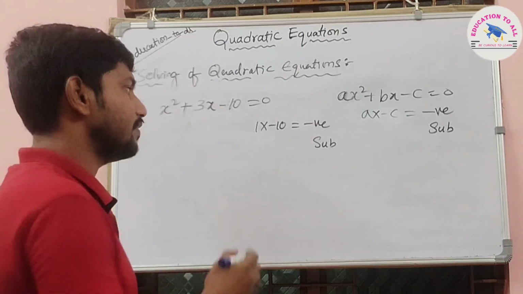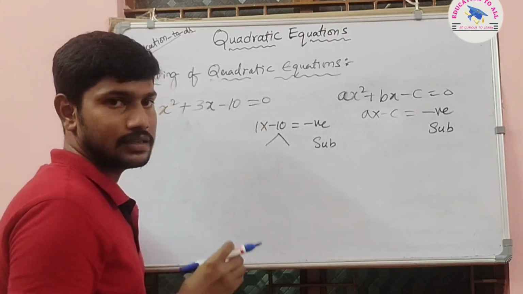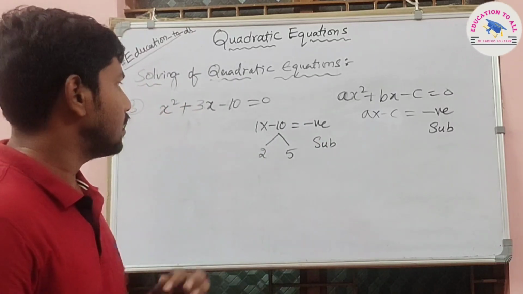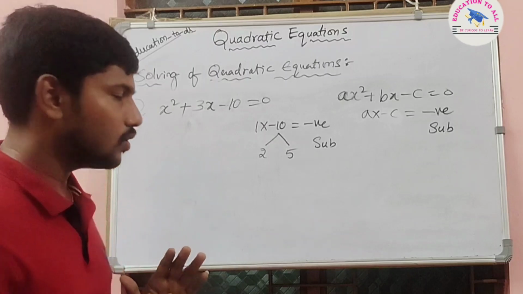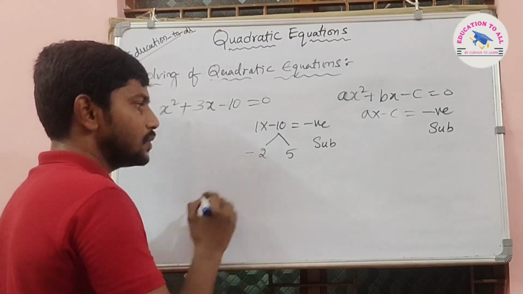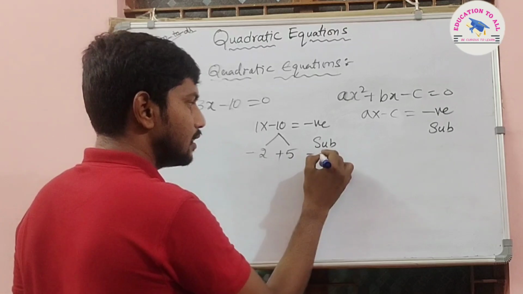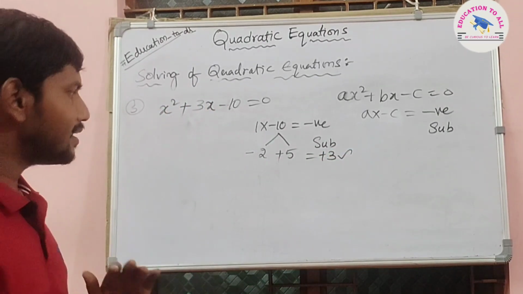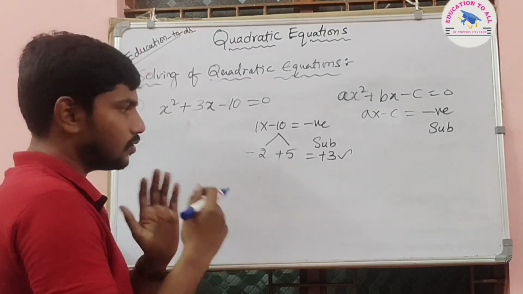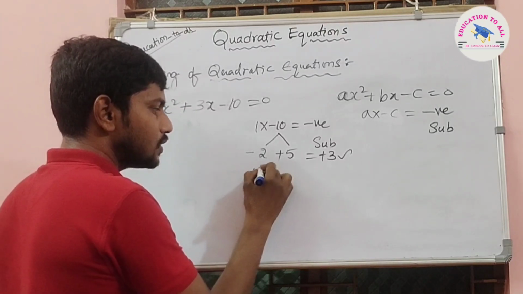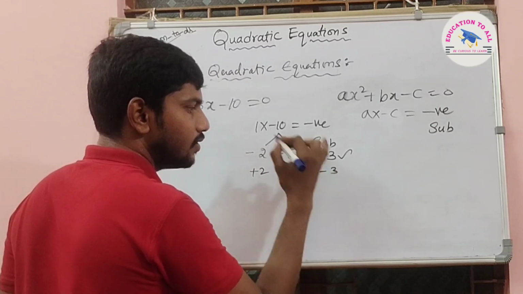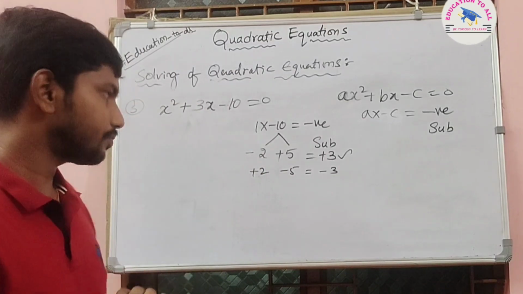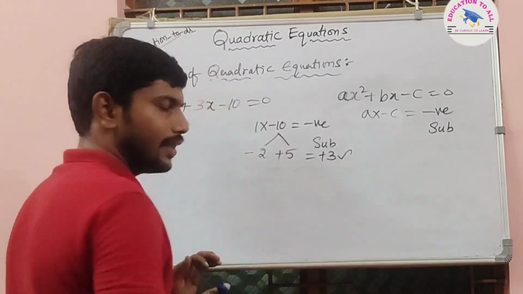So that we have to identify, that you split the factors for 10 as 2 fives are 10. By using 2 and 5, we can make it as 3 by subtracting one from the other. So minus 2 plus 5, we will get it as plus 3. So definitely the possibility is the correct way. So otherwise, if it is negative, what we have to do? So the other possibility will come. So plus 2 minus 5 will be there, that will give minus 3. So that possibility, when the middle term is negative, will go. This possibility is not required here, so I'll erase it.